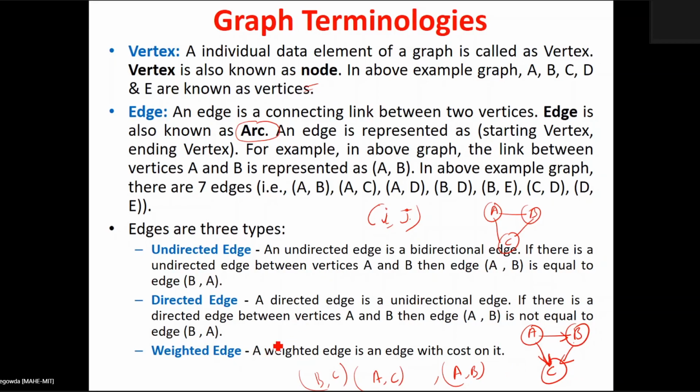Next we have a weighted edge. For each and every edge, a weight is assigned. The weight may represent some parameter; it may be a distance or a cost. For example, in this particular graph, if I write 5, 6 and 7 like this, 5 is the weight of the edge (A, B). Similarly, 6 is the weight of the edge (A, C), and so on. This 5 or 6 may be a propagation delay, or a distance between the two nodes, or something else. So the weight may be represented by different metrics.